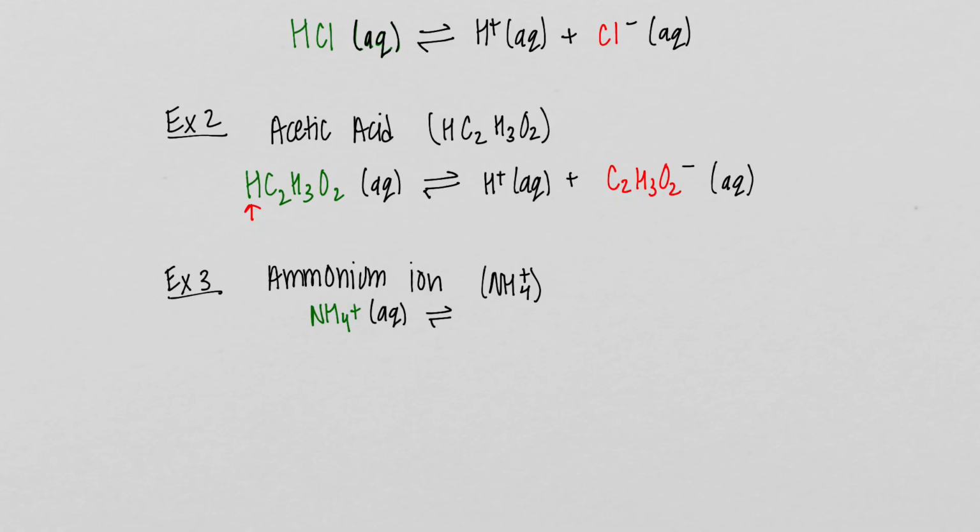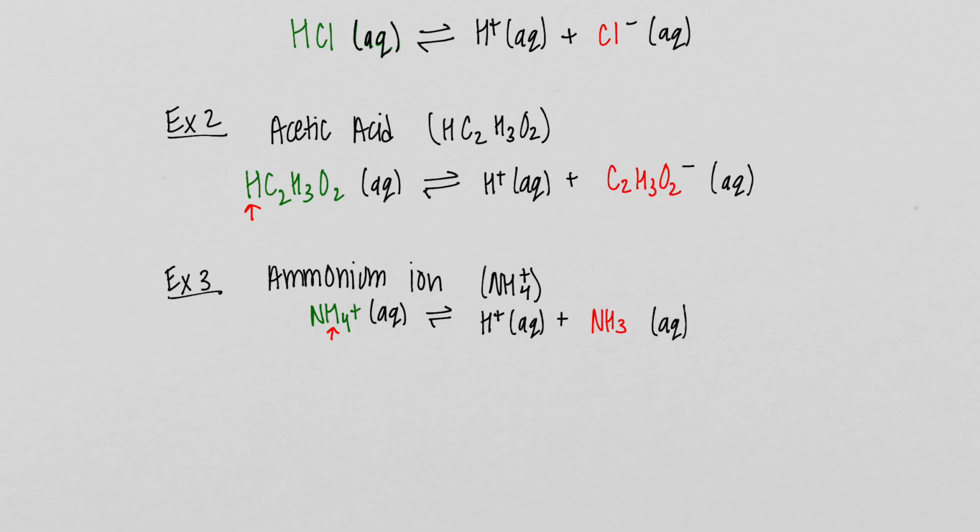double arrow. We still have our H plus aqueous. And then we have what's left. If we take away a hydrogen here, in this case, that's the only hydrogens that we have. If we take a hydrogen there, what do we have left? NH3,